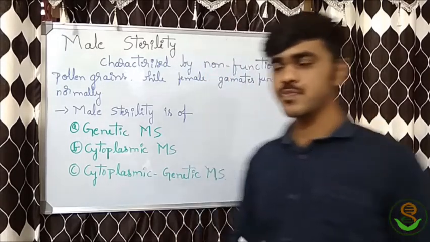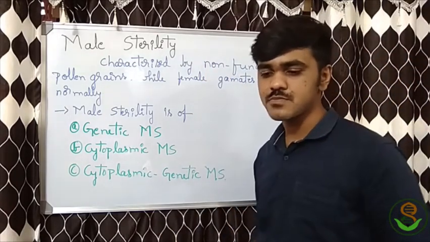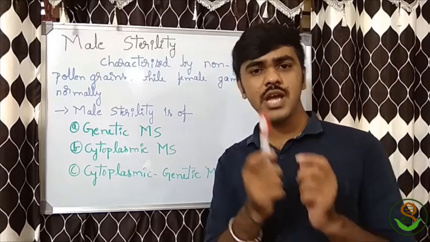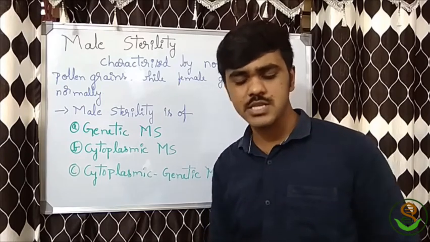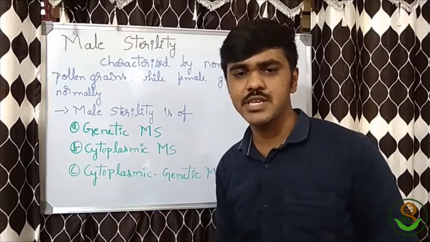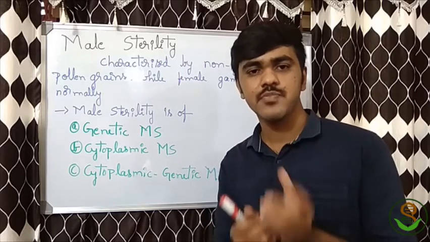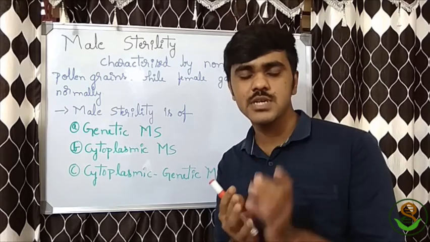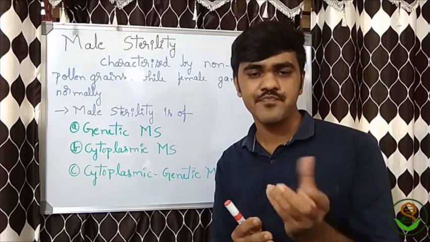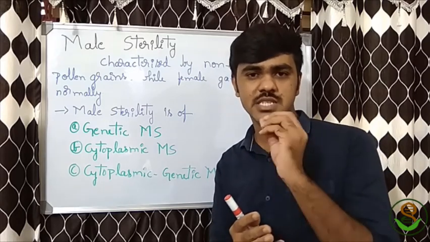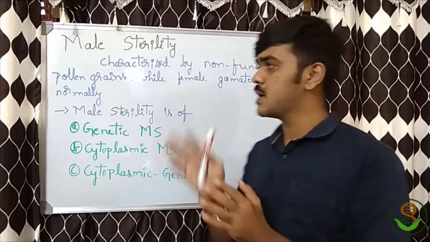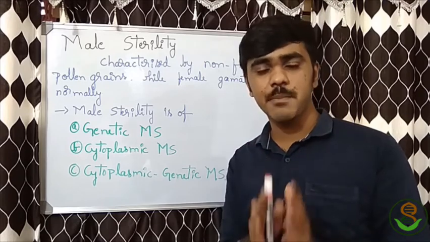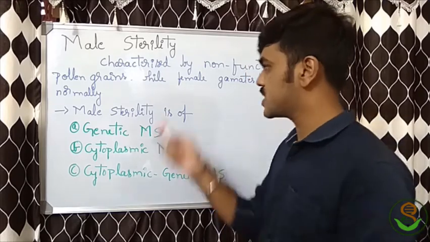And let's continue. Male sterility. What is male sterility? See, I had explained this in previous classes, but still I will say it again. In a flower there will be a male part and a female part. If in that flower the male part is sterile, that is, if the stamens and pollens are sterile, then we call it male sterility. In this, only the female will be functional, the male will be non-functional. That is what we say.